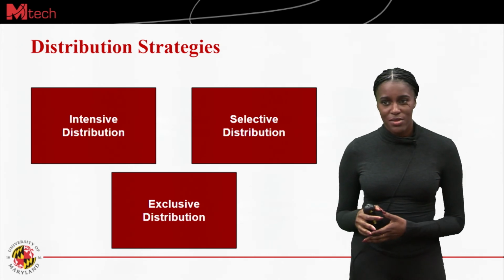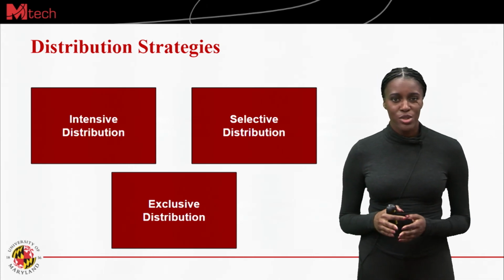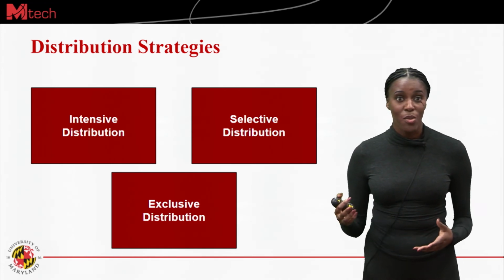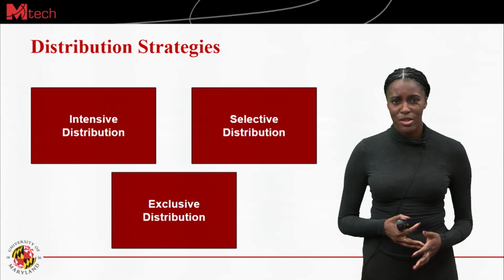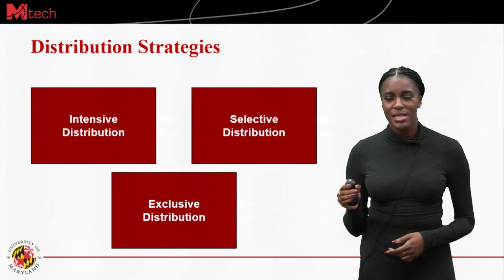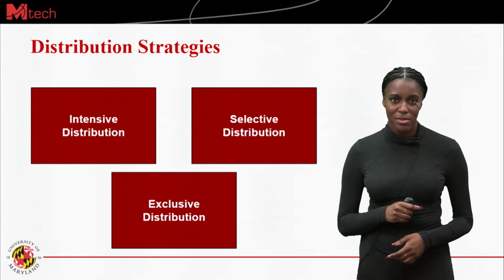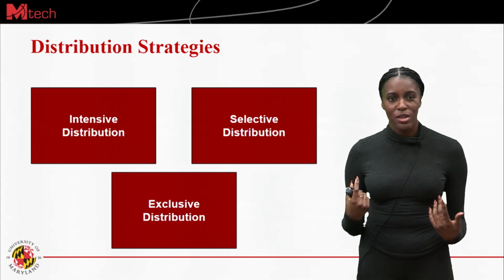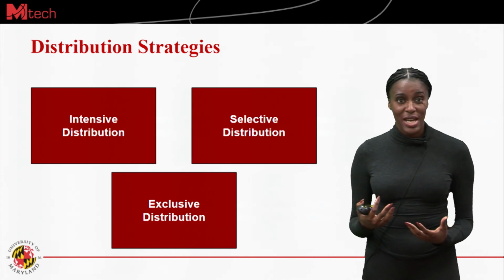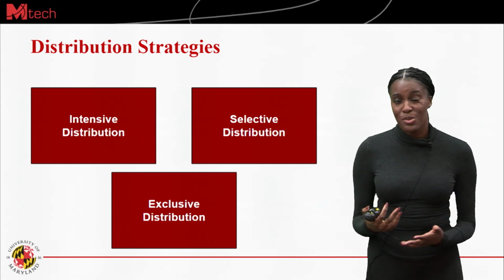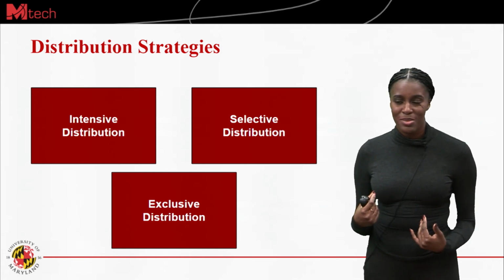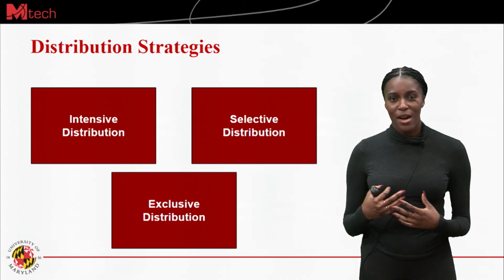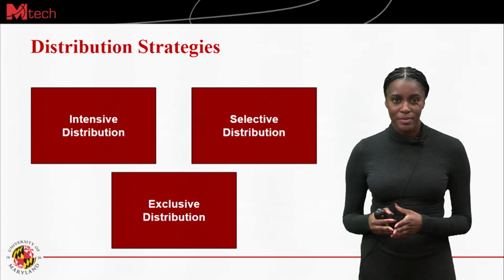Then you have selective distribution. So maybe you're choosing a few key retail partners, maybe you're choosing a Walmart or a Target, but not any smaller boutiques, and you're making key decisions about where you want your product to be found. Now, this might be influenced by what you want your product or service to be perceived as. Do you want it to be perceived as super accessible? Do you want it to be perceived as a high-end product? That might go into choosing how you're selectively distributing.